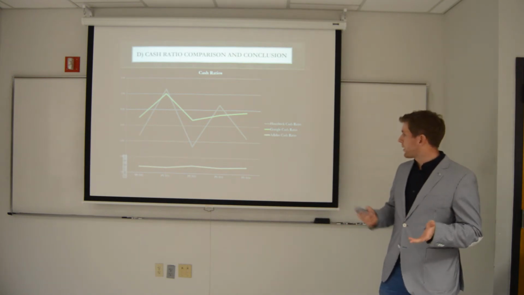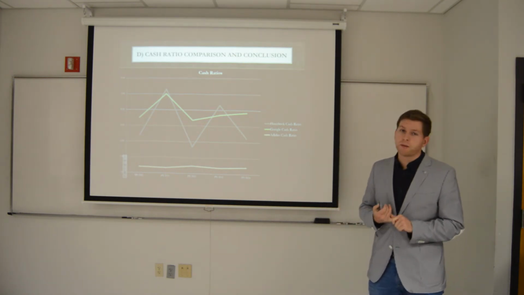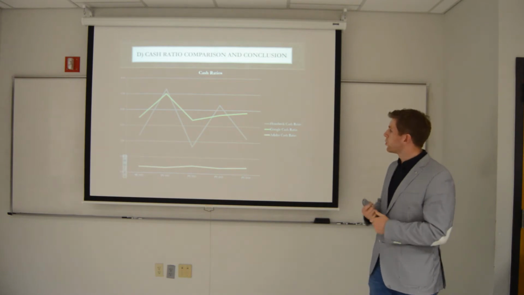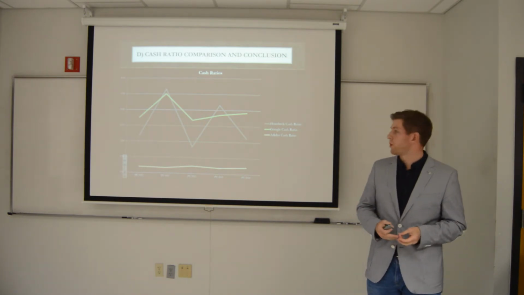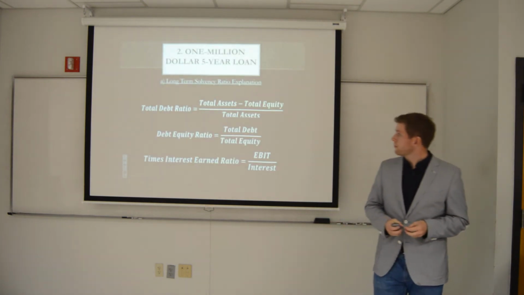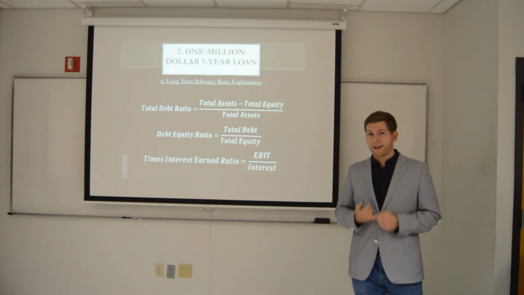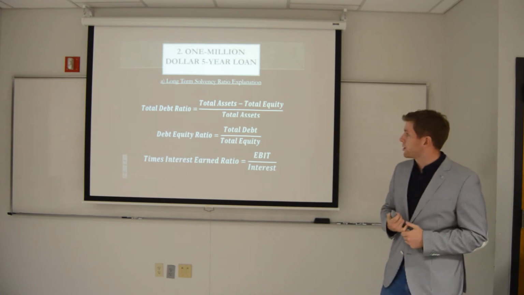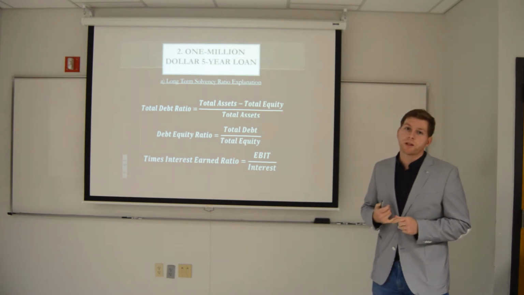But with my privilege of picking only one, I would be comfortable with both, but I would pick for my short-term loan Google to give a $1 million 6-month loan to, because I'm most confident they will be able to pay me back. For the $1 million 5-year loan, which is a long-term loan,